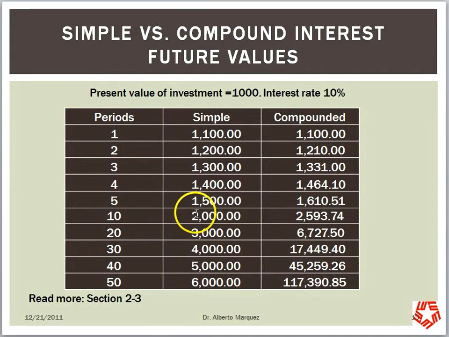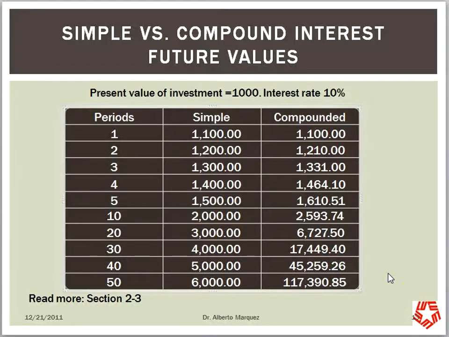Say for instance, if you're willing to wait 10 years, at the end of 10 years with 10% interest, in simple interest you would end up with $2,000. Compare that to $2,593 if you decide to wait the same amount of time with an interest rate of 10% compounded. Now, if we extend that to even longer periods of time, then you can really grasp the real value of using